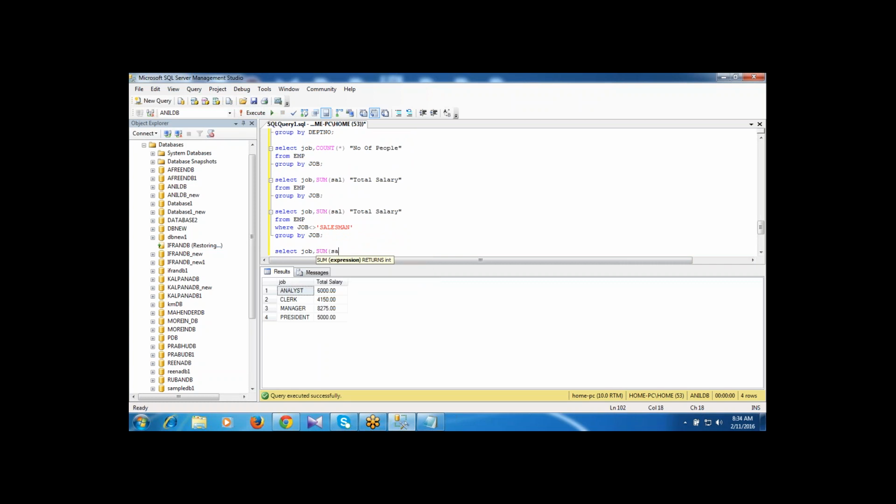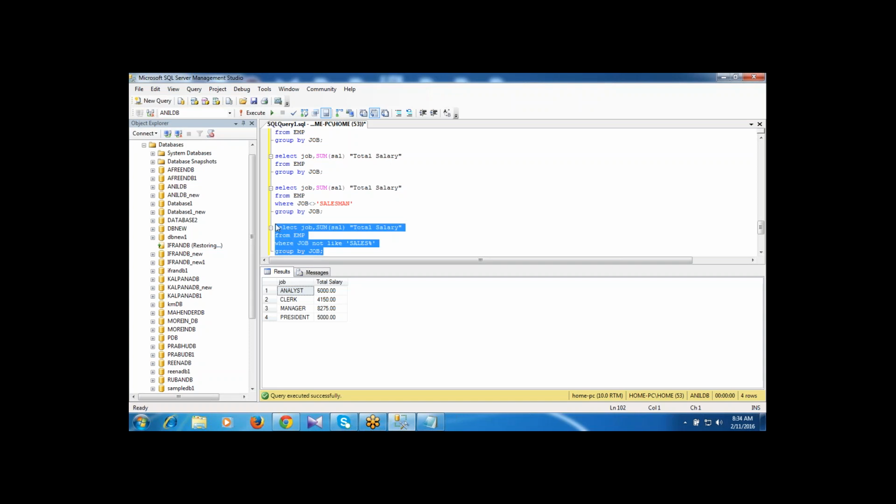Select job, comma, sum of salary from EMP where job not like 'SALES%', then group by job.